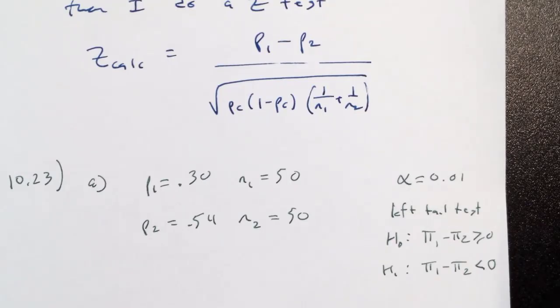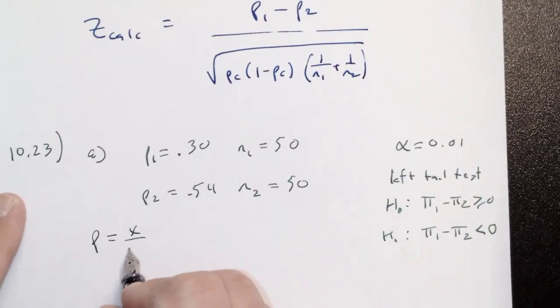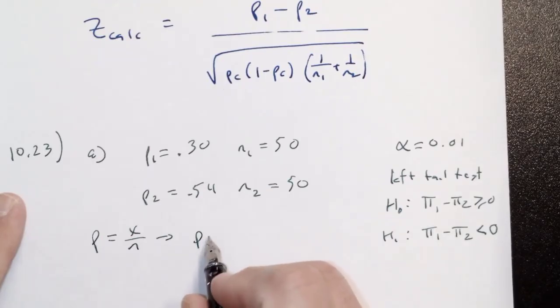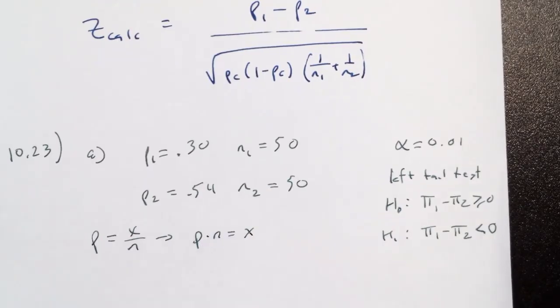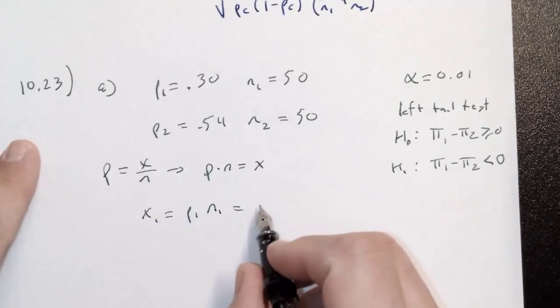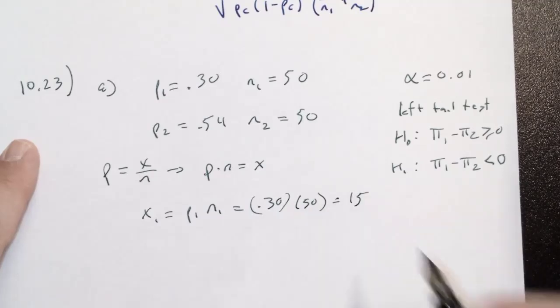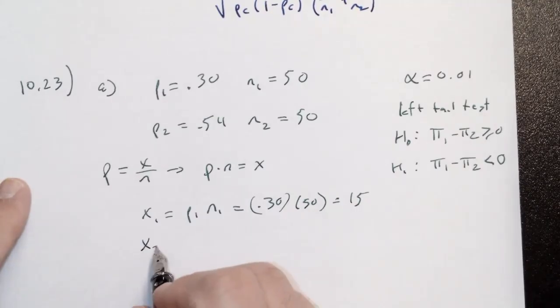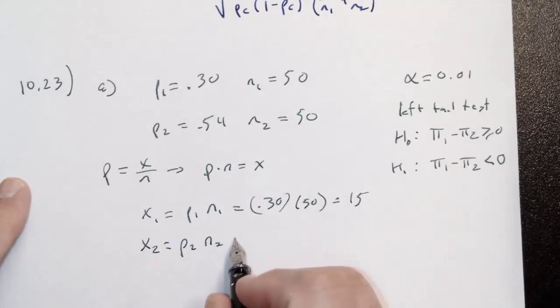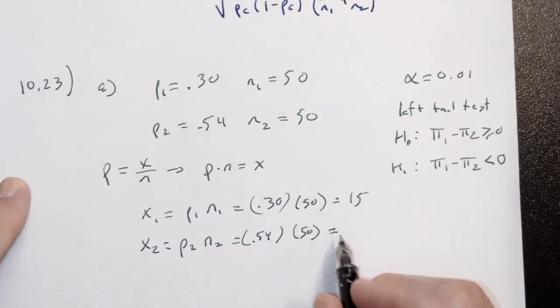You don't have to give it to me, just tell me how to get it. Do like portion times the number. Aha. Since P is X over N, that means that P times N is X. So to get X1, I multiply P1 by N1, 0.30 times 50 is 15. X2 is P2 times N2, 0.54 times 50 is